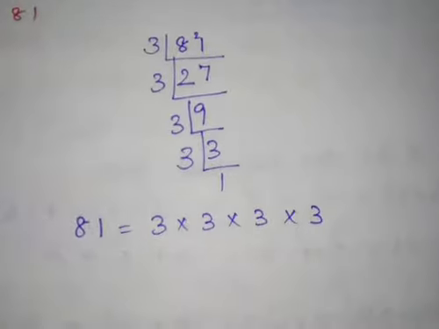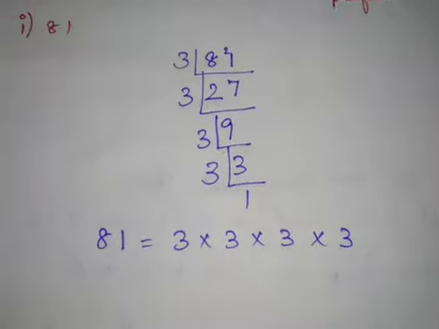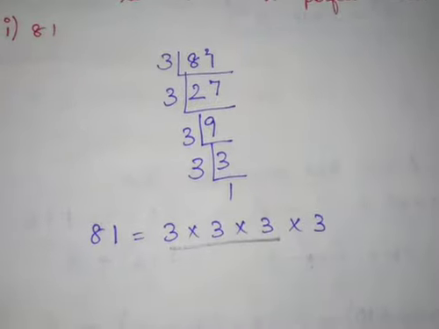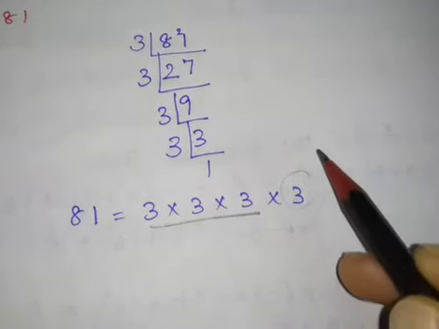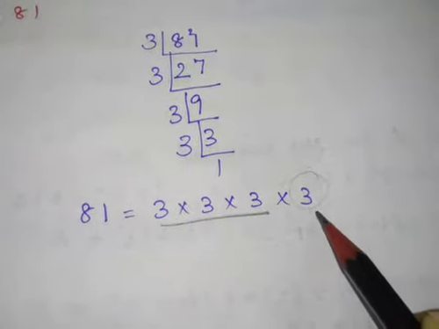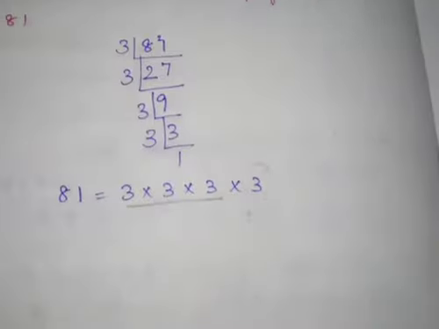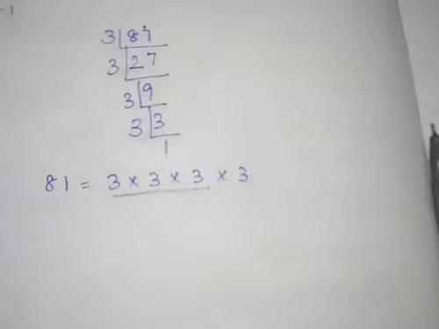Check whether the grouping takes place. We should check whether the group is there. Group means what? Three numbers form a group. So this one alone is extra now, right? Which is not in the group. So this 3 alone is extra. So we should divide by 3 on both the sides, right?